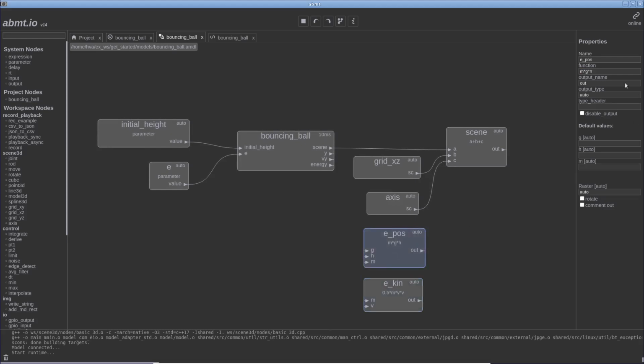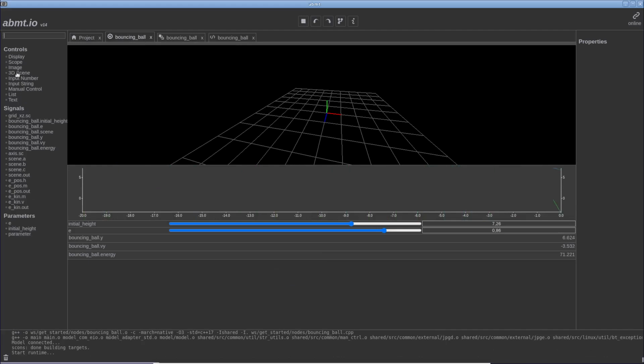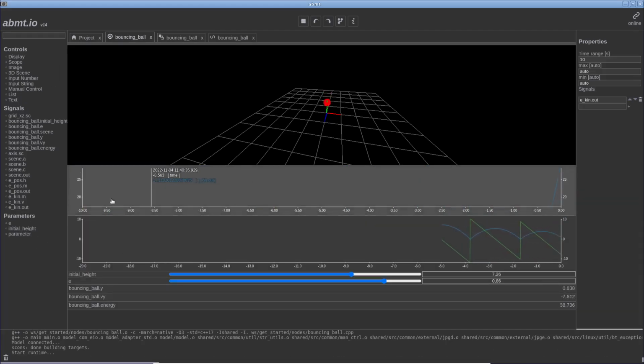So yeah, let's write this out. So the height, the velocity, we add a parameter mass, which defaults to 1. Okay, let's start this once again. Go to our view, we add another scope, we take the kinetic energy, and we take